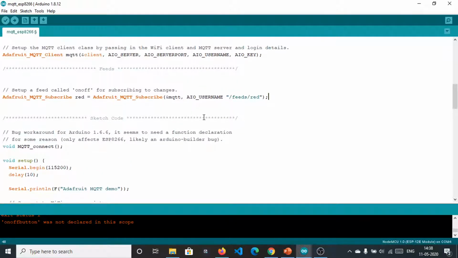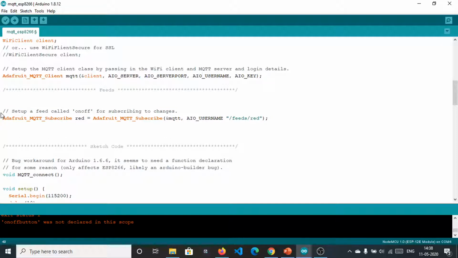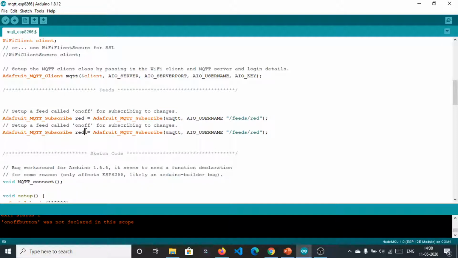Fine. So this is the red field which we have already defined there, and after that we need to define the green, so that we can take the data which is coming to that topic.